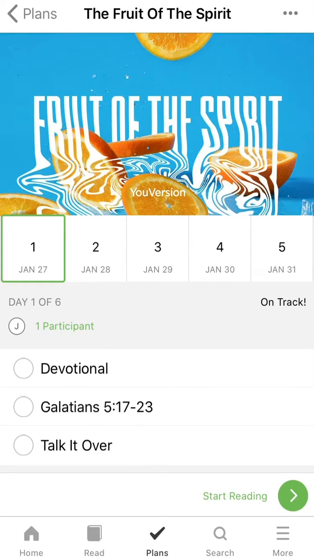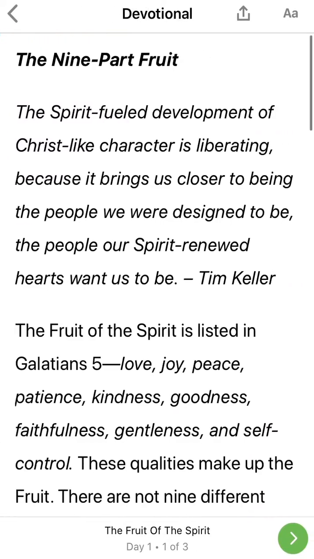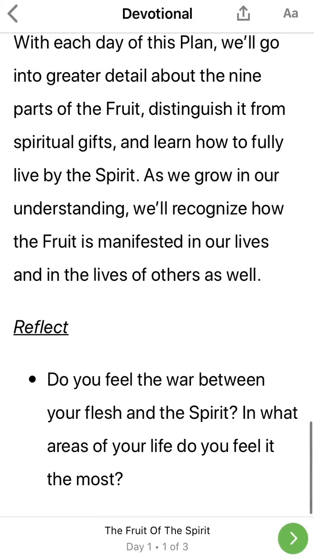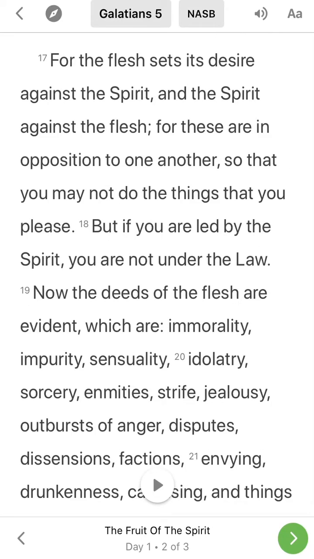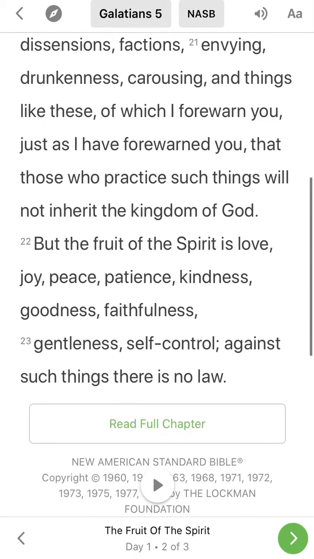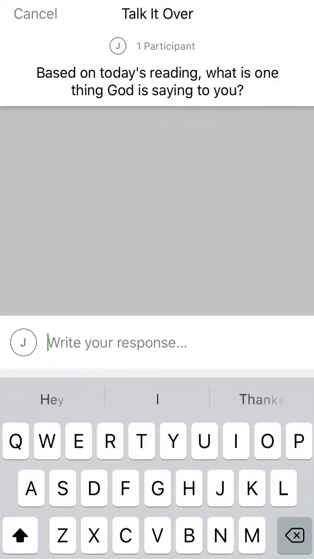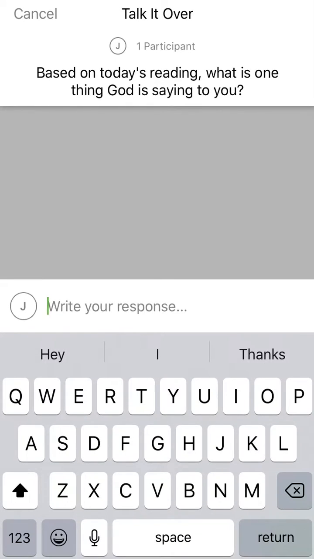Then in the group, once you're in there, it goes through a couple of things. There's a devotional that you get to read through. At the end of the devotional, it has you go over to the scripture reading passages of the day. There might be one, sometimes there's a few. And then all studies end, when you're doing them as a group, at the Talk It Over section, where you're able to talk about something that stuck out to you,